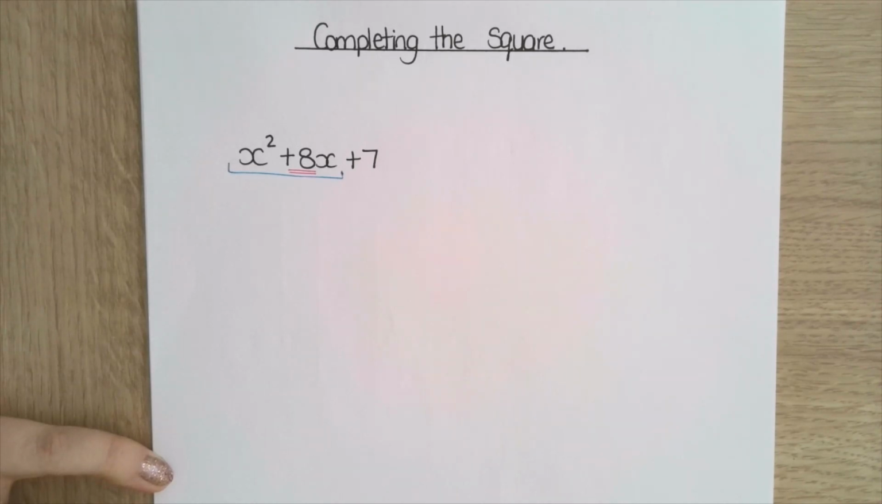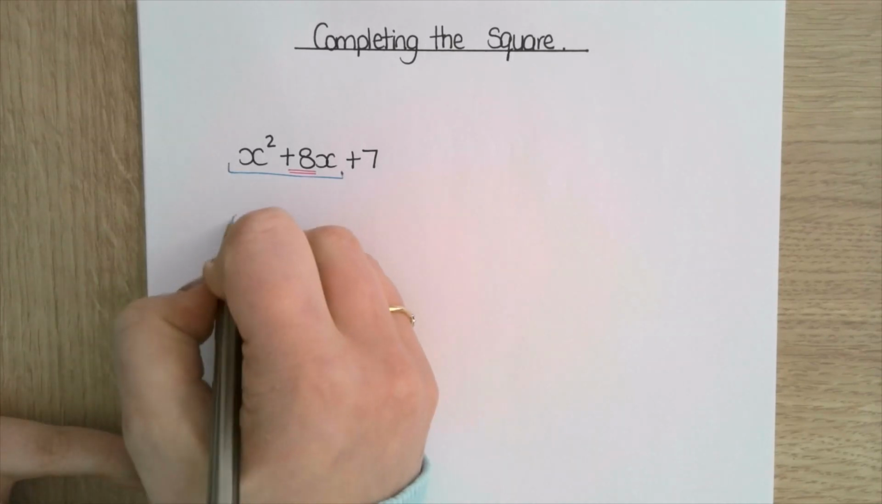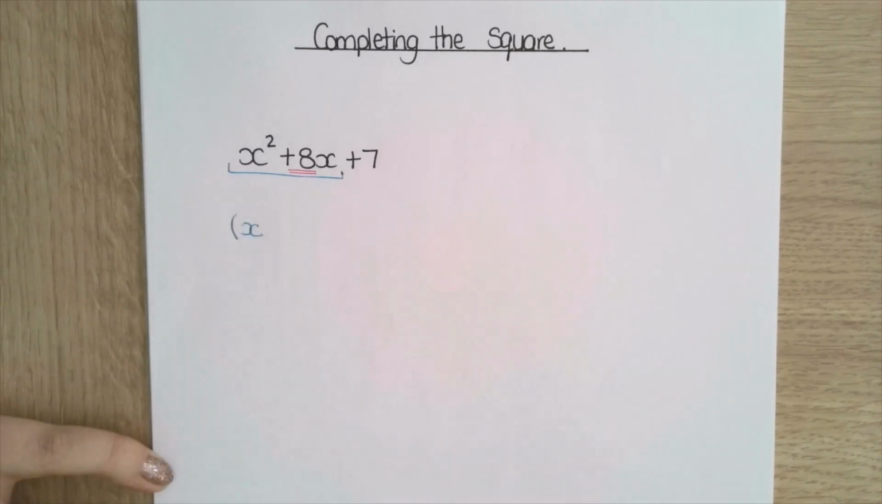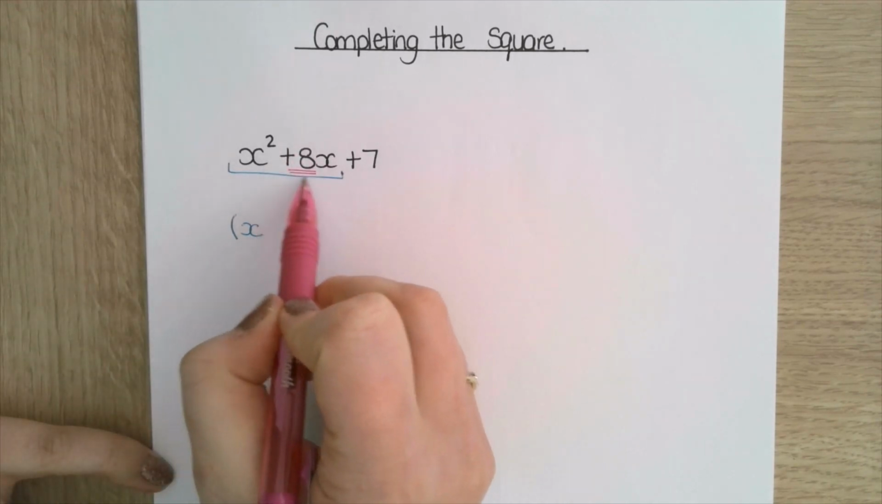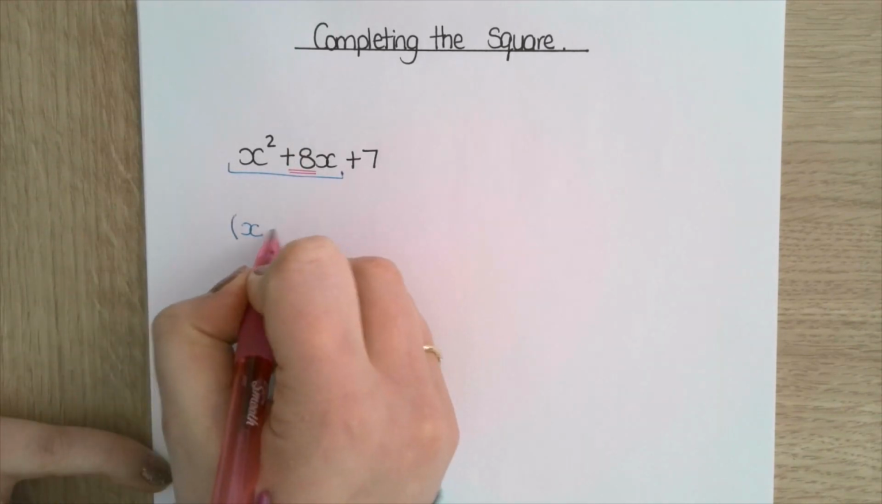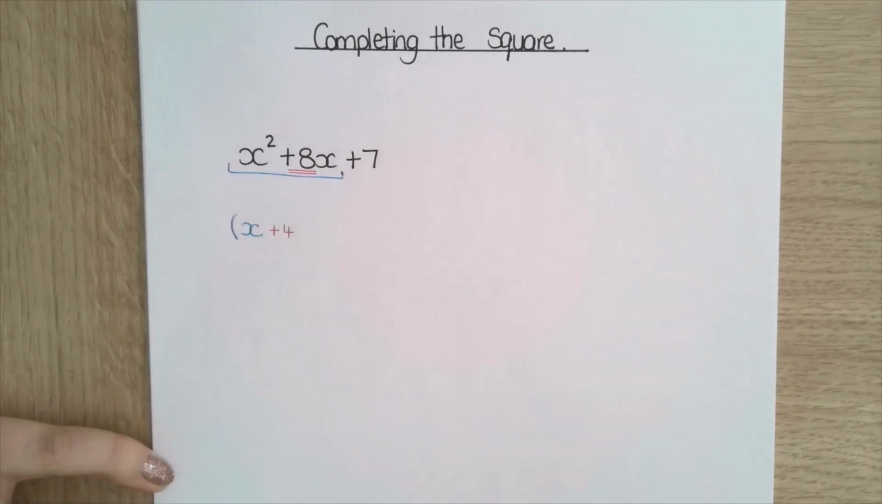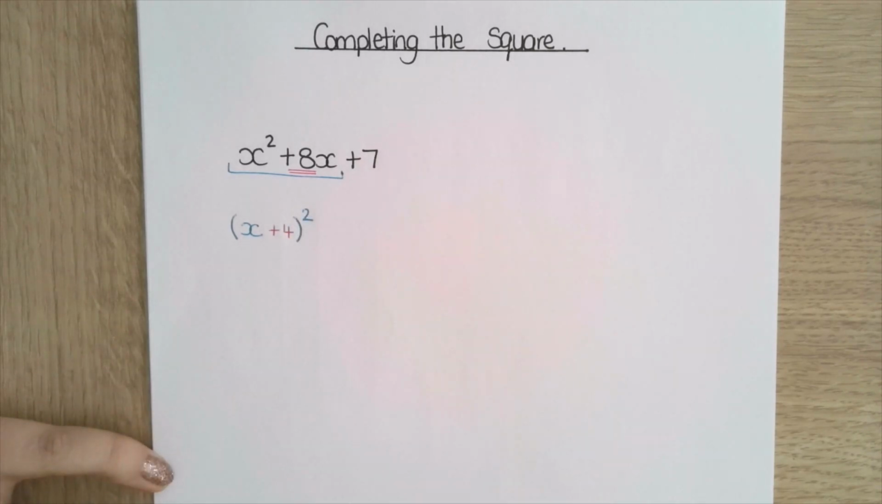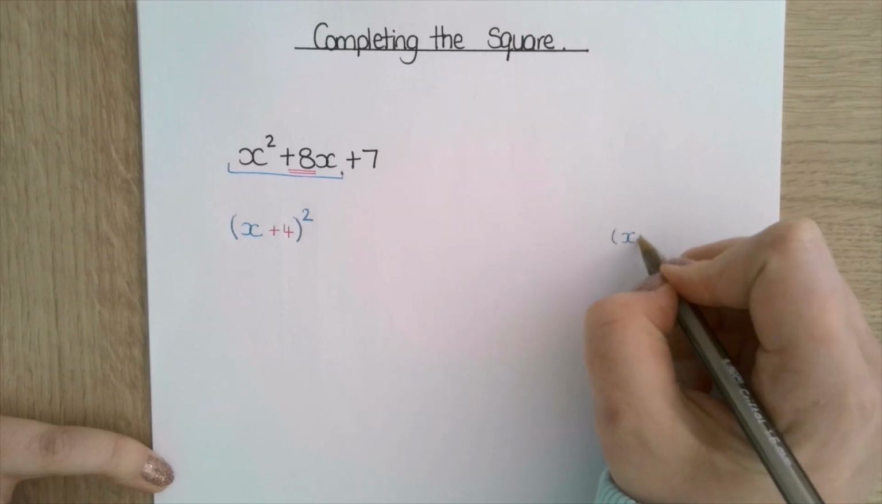So when I complete the square, the first thing that I'm going to do is write x, and then open bracket, x, and then with this coefficient of x, which is the 8, I'm going to half it. So half of 8 is 4. I'm then going to close my brackets and square it. Now if I was to do that, I would get x plus 4 squared,